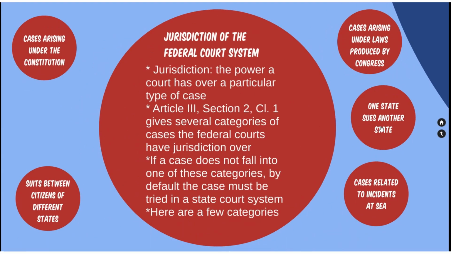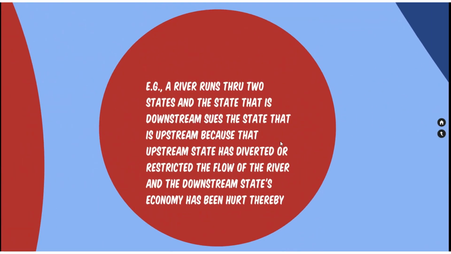One state sues another state. And this isn't going to happen very often, but it does happen. One state sues another state. So let's just take a couple of the states. Let's take North Carolina and South Carolina, just as an example. Let's say that a river runs